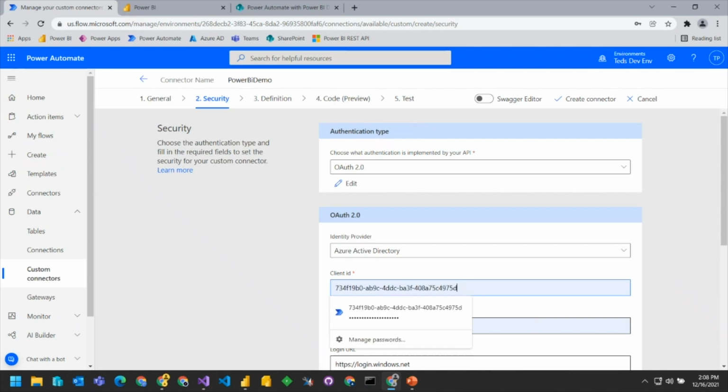Note that when you do this, it provides user authentication support, so you can authenticate as a user. There are ways that we can remember what the credentials were, but it does not give us support to authenticate as a service principal.